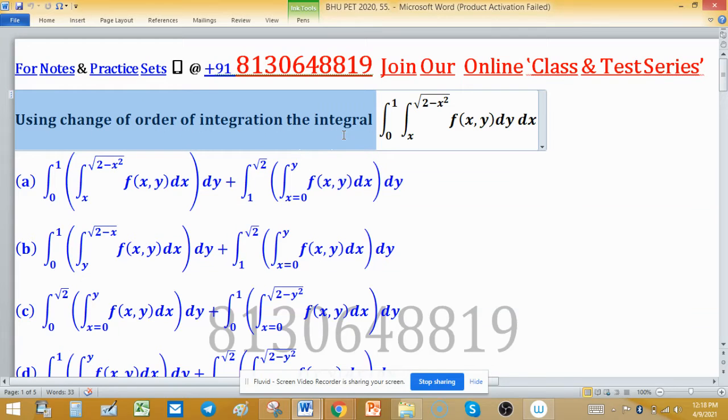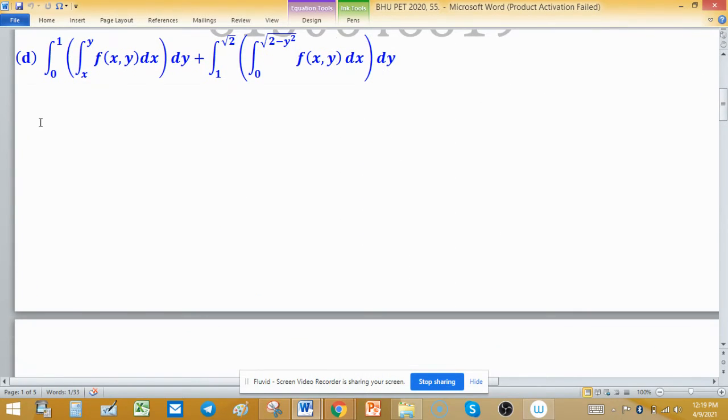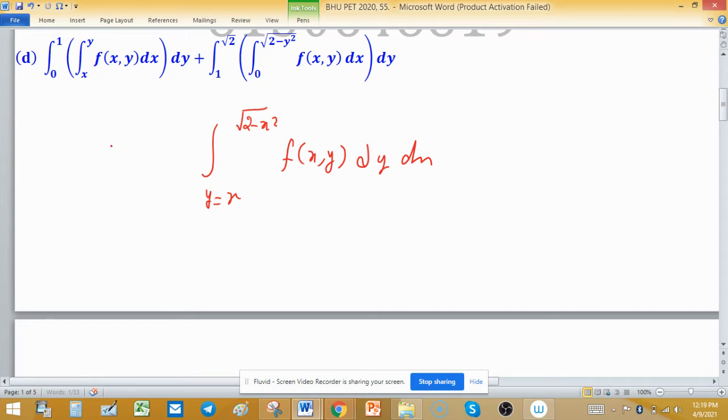Using change of order of integration, this integral is equal to which one option? As this integral is given to us, the integral is y equal to x squared to root of 2 minus x squared f of x, y dy dx, and the limit of x is from 0 to 1. We have to change this limit as x is involved here. So this is the limit of y equal to x, and y equal to